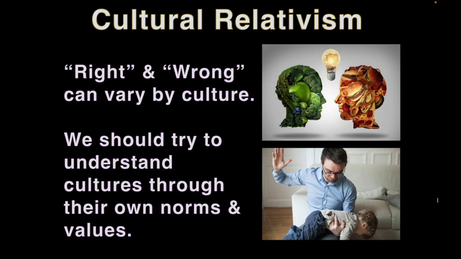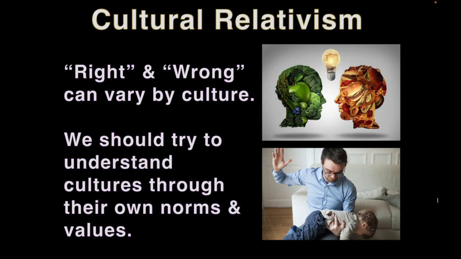A term related to cultural bias is cultural relativism, and that's this idea that right and wrong can vary by culture. It could be something as simple as whether it's ethical to eat meat, or how ethical it is to discipline your child with physical violence. When making judgments about cultures, we should try to understand cultures through their own norms and values, which isn't a get-out-of-jail-free card, right? It's not necessarily saying anything goes, but it's worth taking the time to try to understand the cultural influences that might be leading to behaviors that may seem questionable and may end up still being questionable